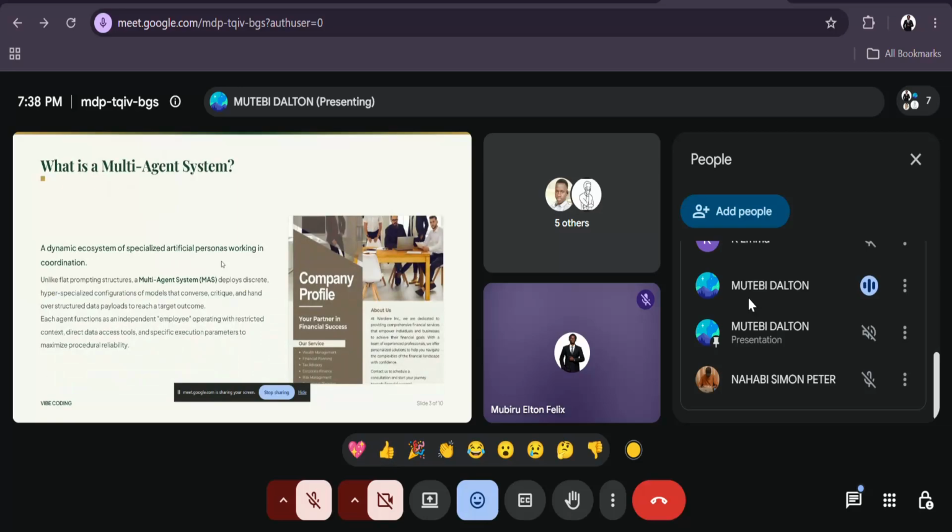It's a dynamic ecosystem of specialized artificial personas working in coordination. The picture you see here is an example of a company. A company can have various roles: wealth management, financial planning, tax advisory, corporate finance, and risk management. For startups which have maybe two people, it is impossible to have all of these roles done by one person.